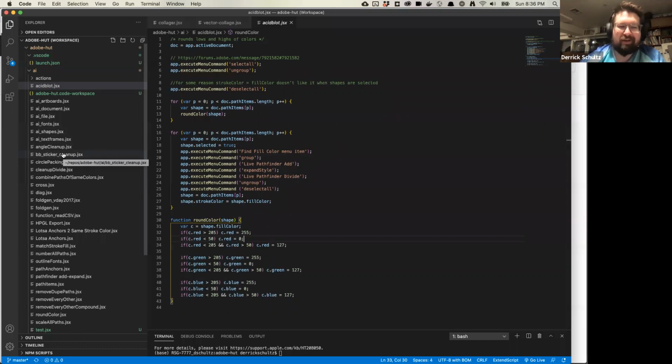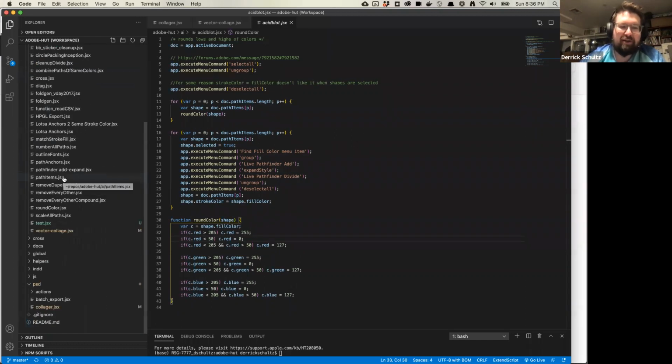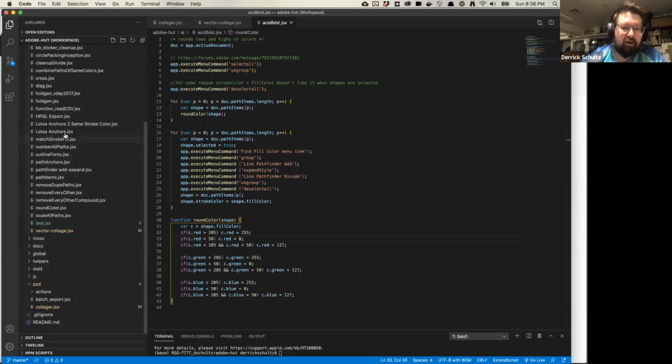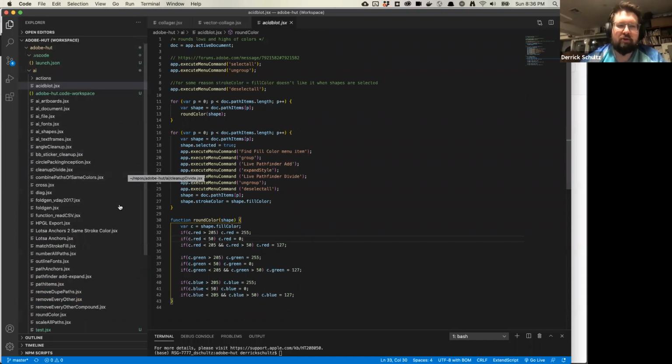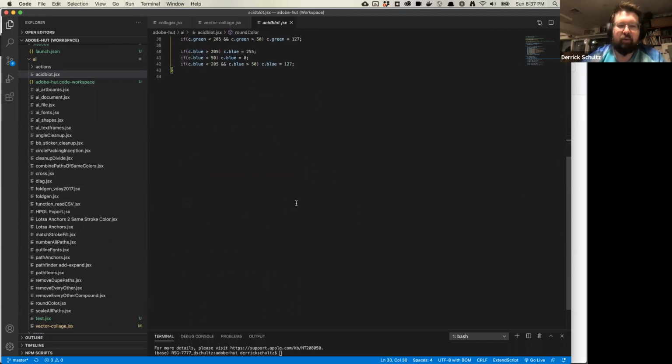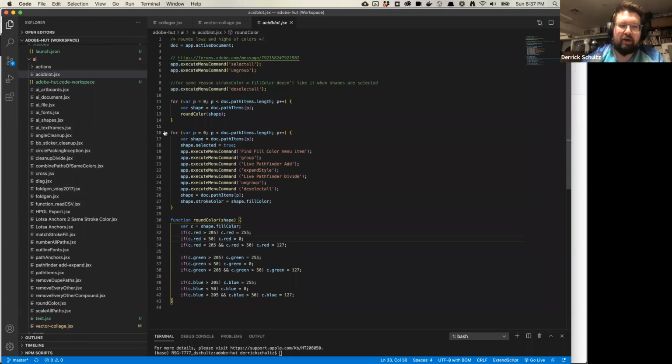Some of it is helpful, some of it isn't. If you're interested in something and want to figure out how to do it, let me know. I feel like I have many other scripts in other places that have disappeared. There's a lot you can do in Illustrator scripting, including including other files. This is getting into the coding world, where you might have a file of just functions and you want to include all your functions from that file in here. There's a way to do that. There's a bunch of other things within Adobe scripting that get pretty crazy.